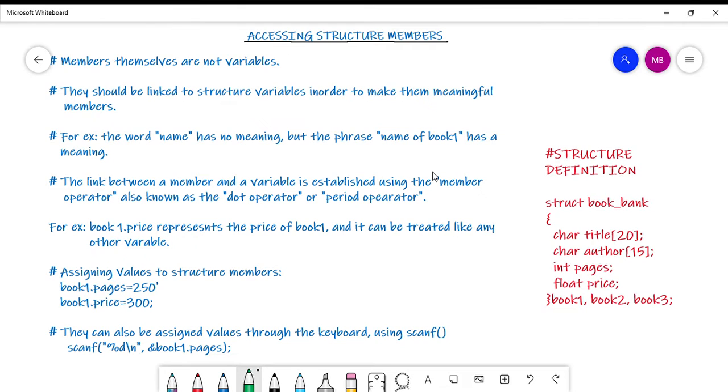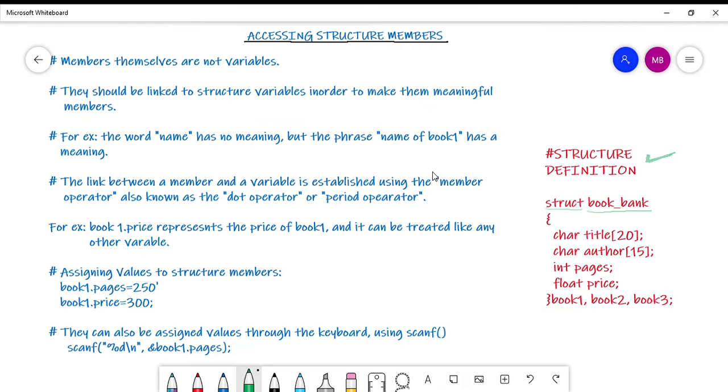Now in my previous video, that is introduction to structures, I had told you how you can define a structure. That is how a structure definition is given. For that you can check the link, it would be given in the description box. So this was the basic template of a structure definition, wherein you gave the keyword struct, then you give the structure name, which is also known as the tag name.